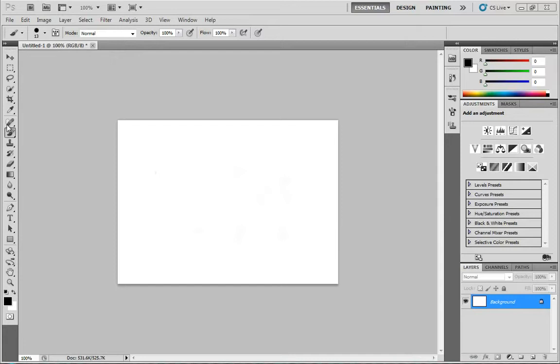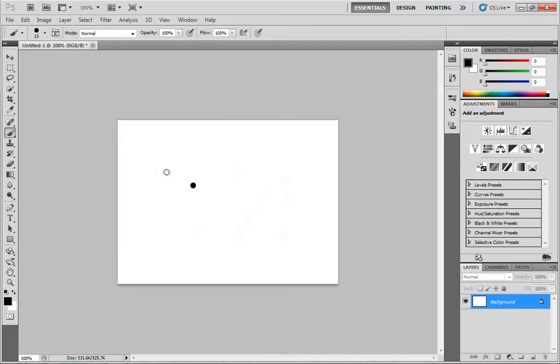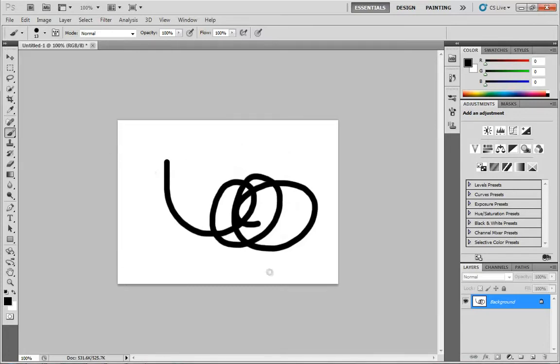Now here I am inside of a brand new document in Photoshop. You can open this up just by going to File, New. These are the default settings, but really any sort of an empty canvas will do just fine for our purposes. I already have the brush tool activated, so I'm just going to make sure you tap the B key if you don't. And I'm going to select just a standard hard brush, which creates nice little simple strokes